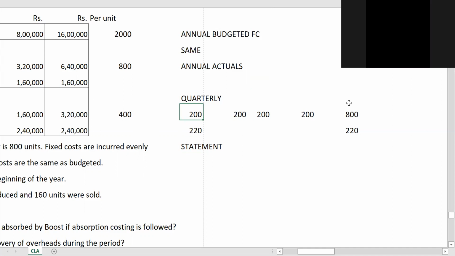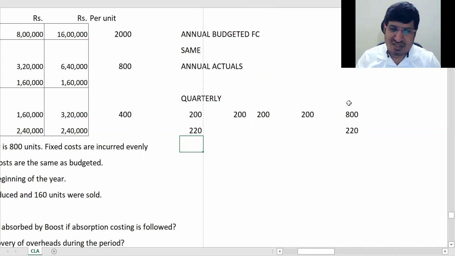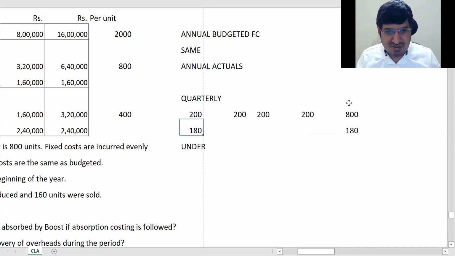नहीं, अंडर बोला क्या मैंने, आई डोंट रिमेम्बर, हो सकता है, बट दिस इज ओवर एब्जॉर्प्शन। सो यू विल ऑलवेज यूज दिस सीइंग योर एक्चुअल्स, ठीक है। एक्चुअल्स ज्यादा है मतलब आपने ज्यादा चार्ज कर लिया, ज्यादा चार्ज किए हैं तो वर्ड ओवर आ जाएगा, बस इतना याद रखना। आपने अगर कम चार्ज किए, 180 अगर चला गया, तो अंडर वर्ड आ जाएगा, ओके? तो ये है, ओके? तो चले आगे,